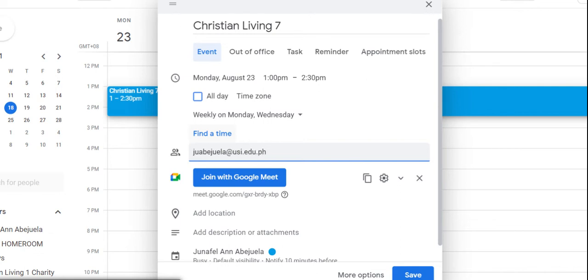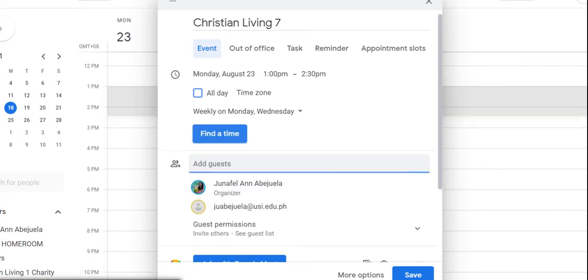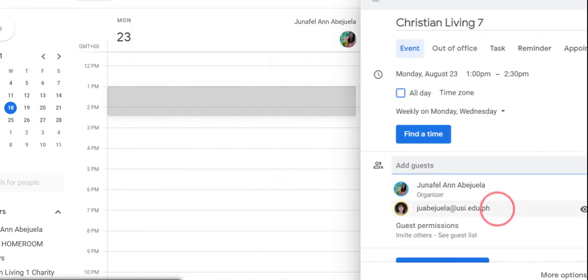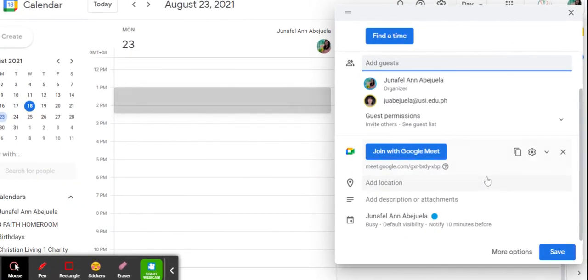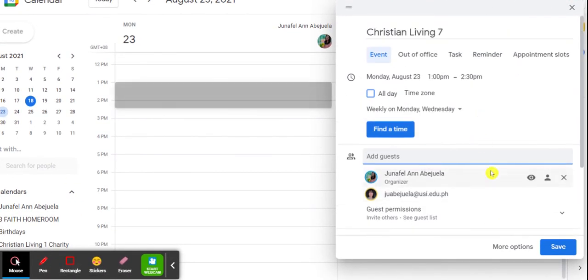Okay, so once you're done typing, just click on enter, and then there you go. I just invited one student. If you want to invite more, just click their email address, and then again click on enter. There you go. You just finish